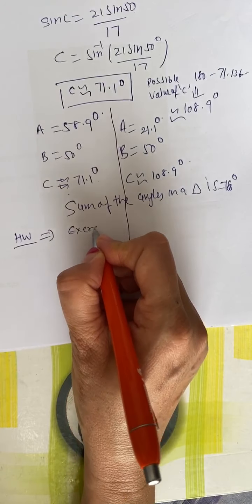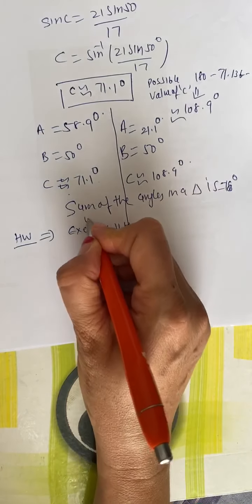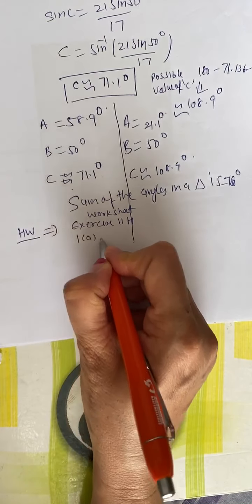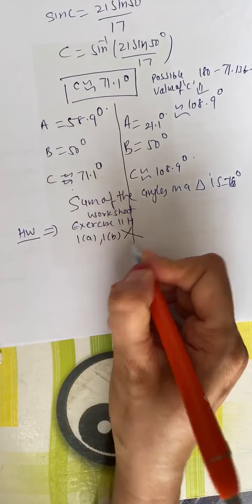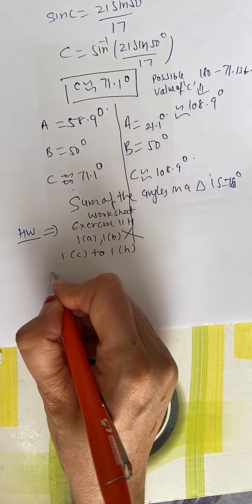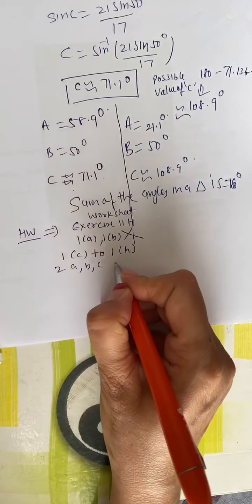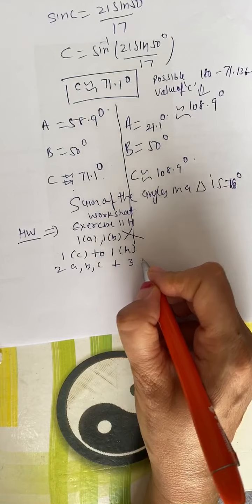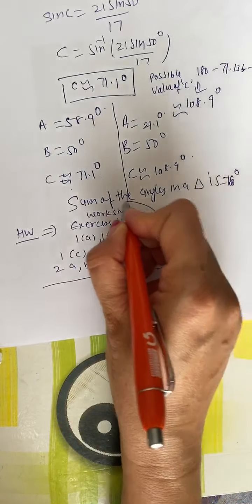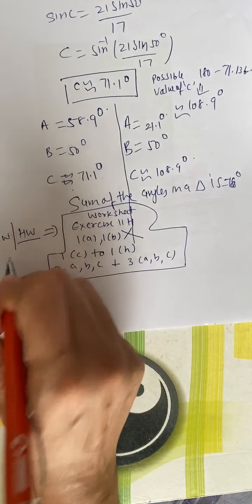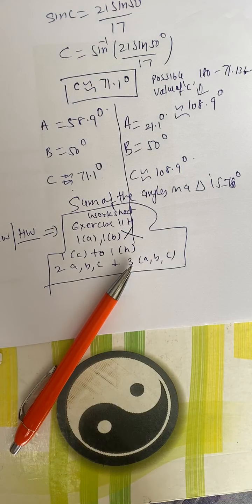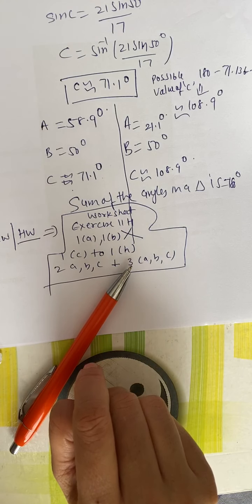This is the exercise 11H. It's from a worksheet, and I already did 1A and 1B, so do not do that. What you have to do is 1C to 1H, and then you have to do 2A, B, C, and question number 3, which also has parts A, B, and C. This is not homework, but classwork come homework, because whatever time is left after this video, you use that class time to start working on these problems. Okay.